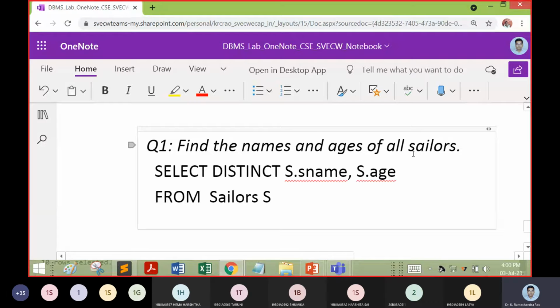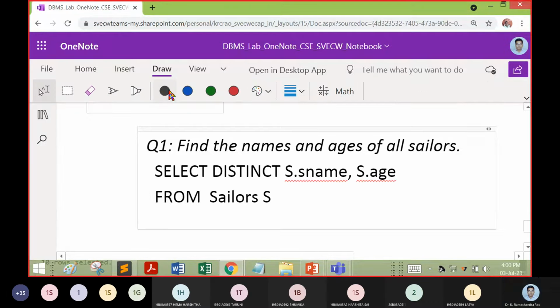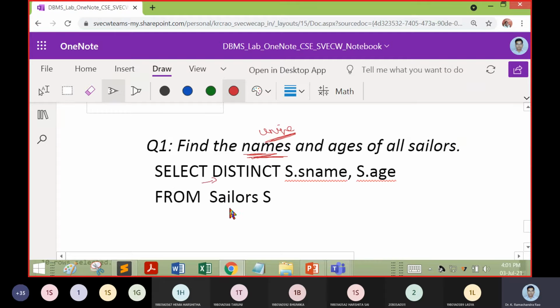Now you can understand from this question that it needs only the names, and that too it is asking for unique values. As it needs unique values, it should display the distinct elements. So in order to display distinct elements, we are going to bring in the keyword DISTINCT.